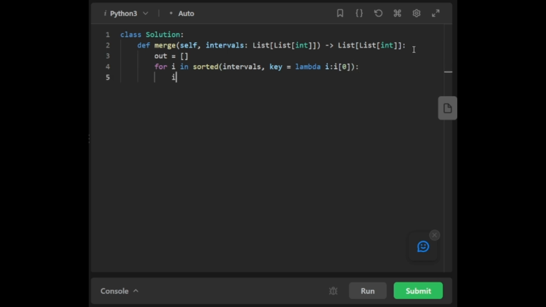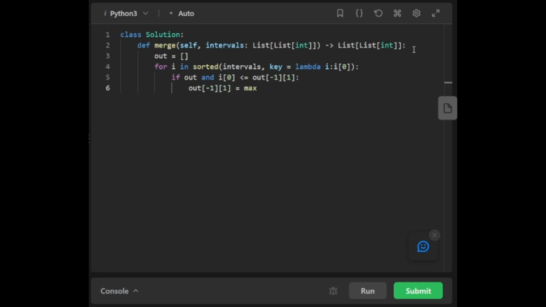In this, we have to check if our output array has got something and our i of 0 is smaller than or equal to our output's last element. If it is so, then we will check the maximum between